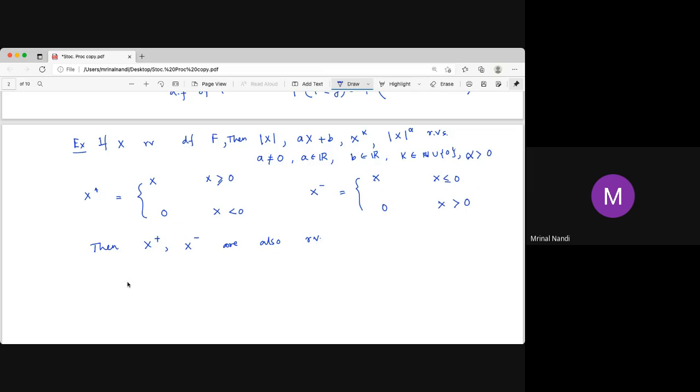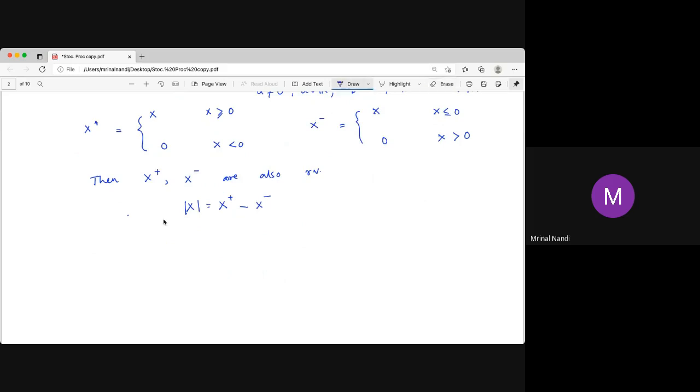Now what is mod x? Mod x is nothing but x plus plus x minus. So this is mod x, and this is a random variable. The sum of two random variables is a random variable. And what is the distribution of that? It's a random variable, and the distribution of that mod x,